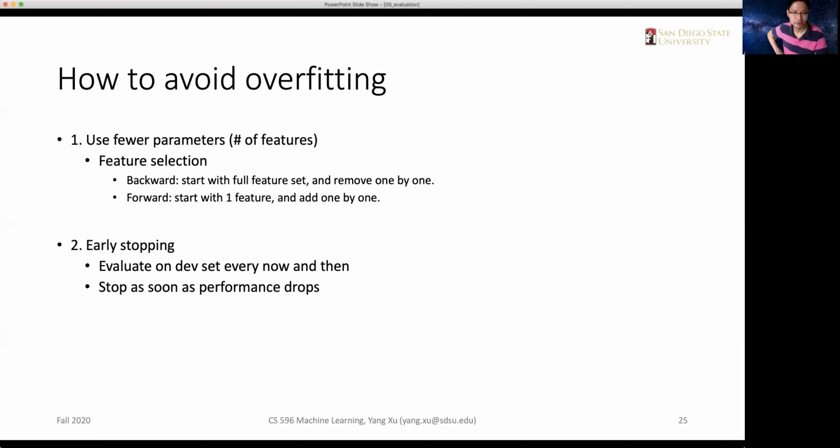We want to evaluate on the dev sets and stop as soon as the performance drops. Whenever the performance drops, it probably means that there's some overfitting detected by the validation data sets. And that is also a pretty common pattern